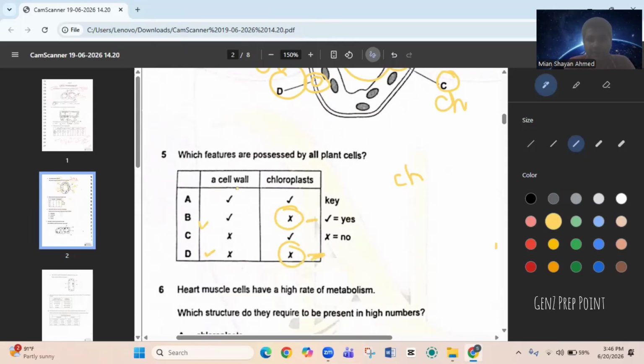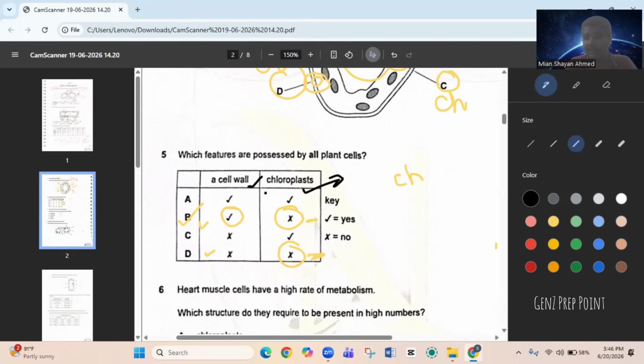or would be BD. Cell wall is present in all the plant cells. So by this, B would be the answer. Why? I would repeat myself: chloroplast is present in the leaf cells and the flower cells, but it isn't present in the stem and the root cells. They are brown in color. Chloroplast causes green color. As roots are brown, how could chloroplast be present in them?